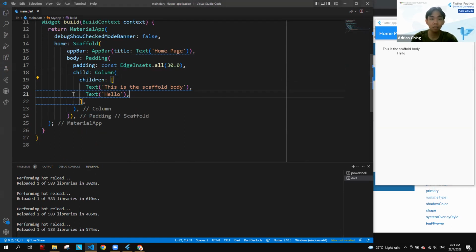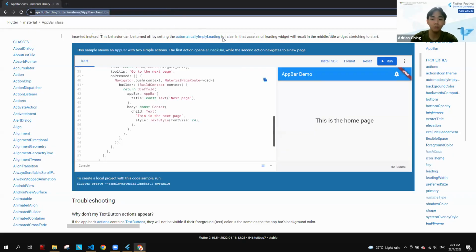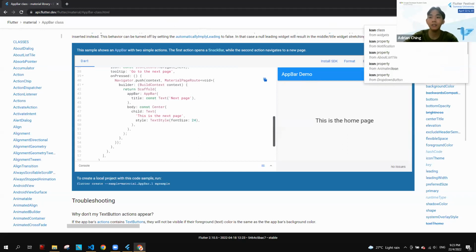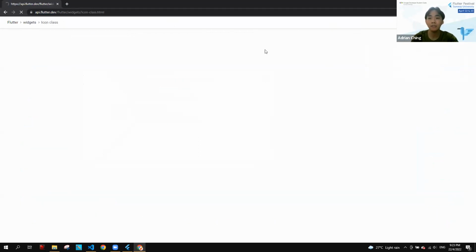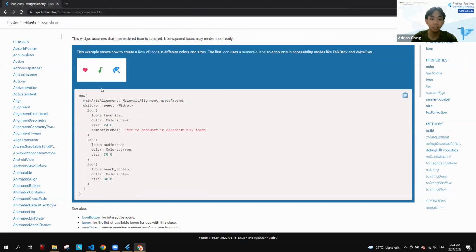Okay, now for other types of widgets, maybe we want to add an icon widget or an image. To do that, again, if you're not sure, just Google icon class. Now then this will be an example.